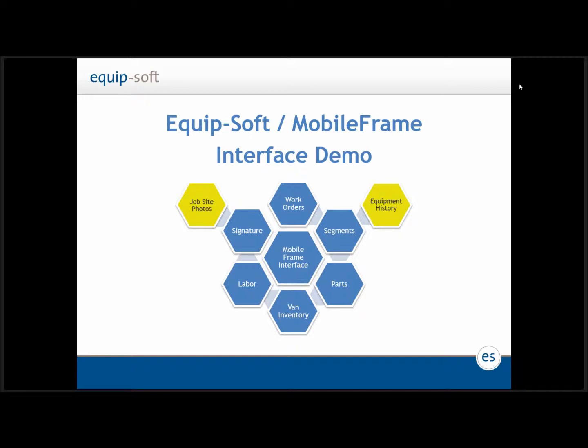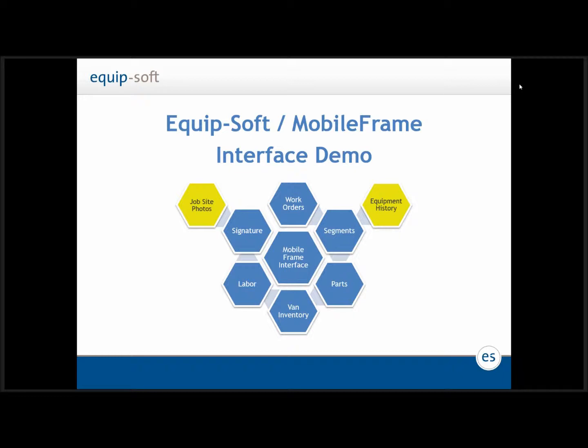You can add completely new business functions right in the mobile device, which we'll talk about in our last slide. It's very feasible for clients to customize their own interfaces, and this is one of the main benefits to Mobile Frame. Okay, so I think at this point what I would like to do is jump right into showing you